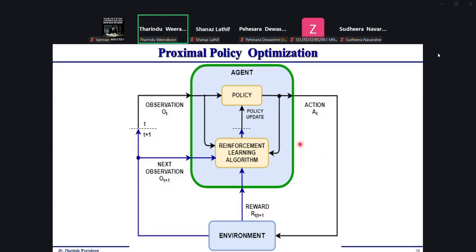Looking at those three functional block diagrams, you can see this is a different algorithm in reinforcement learning. The agent has some sort of policy, and it will be updated here in the middle according to the actions and the observations, based on the environmental changes or the environment where the robot is being used.